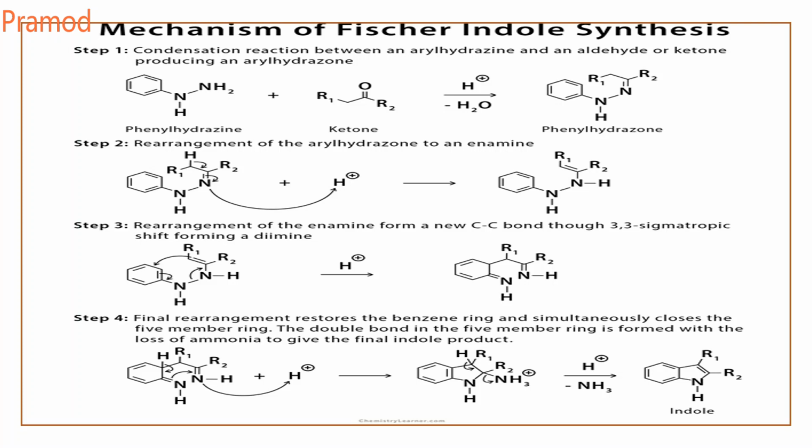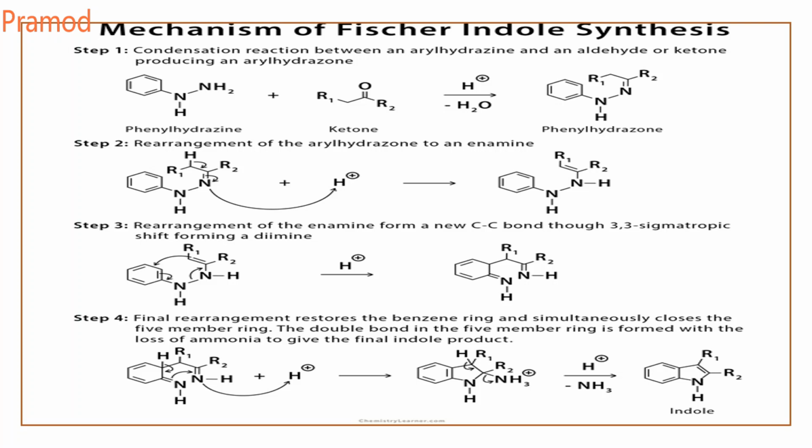Now what is the next step? The final step is rearrangement. Here it undergoes aromatization. The hydrogen comes back in acidic medium and forms your aniline, NH2, and aromatization takes place. Then it attacks on your imine. So you get your iminocyclic intermediate, 5-membered. This is followed, in acidic medium, by a loss of ammonia, and you get your substituted indole.